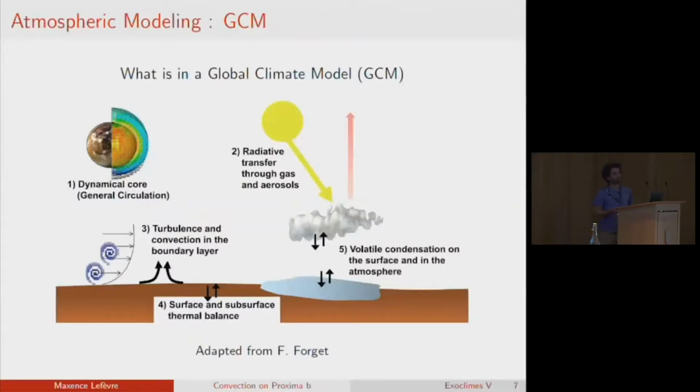One of the tools that we have is a global circulation model that is composed with a dynamical core for the circulations, the radiative transfer and the possible volatile condensation that will change with the composition of the atmosphere.